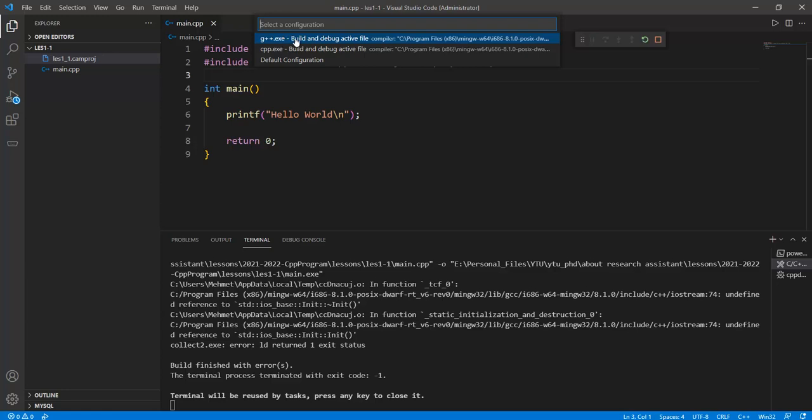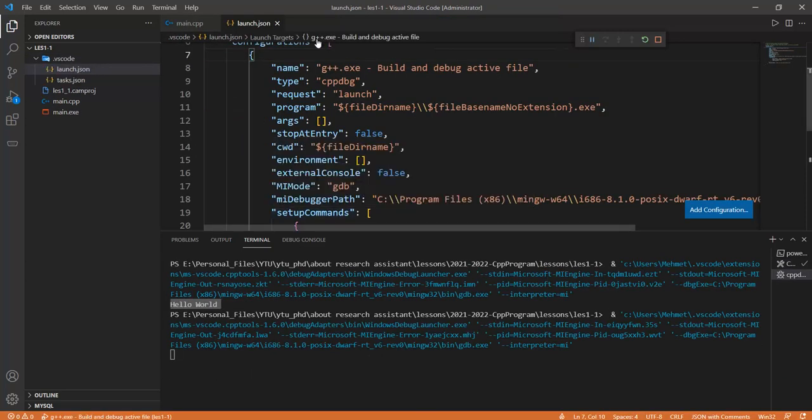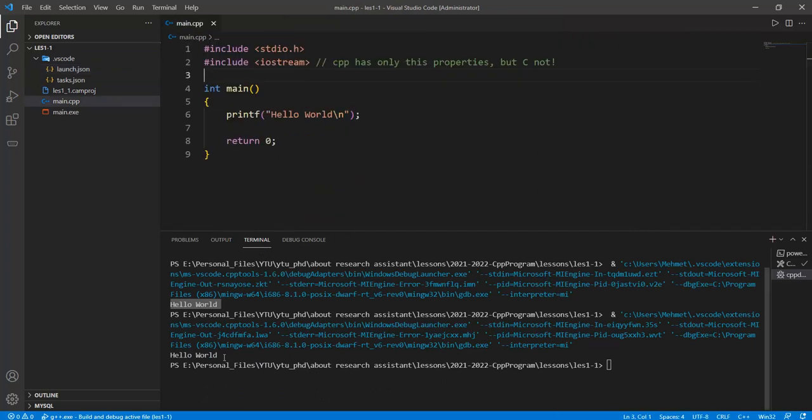cpp.exe or g++, in other terms the C++ compiler here. In the previous case we used the GCC, the C programming language compiler. But if we need to compile both C and C++ programming language, we should choose this file. And then what? The launch JSON file and task file are recreated by using this diagram. But the output is not changed because the C++